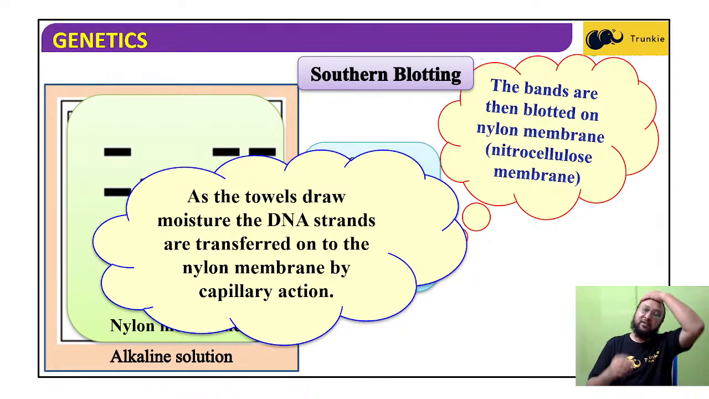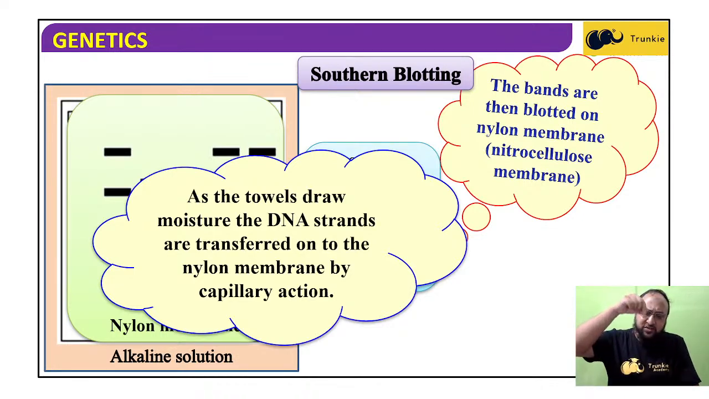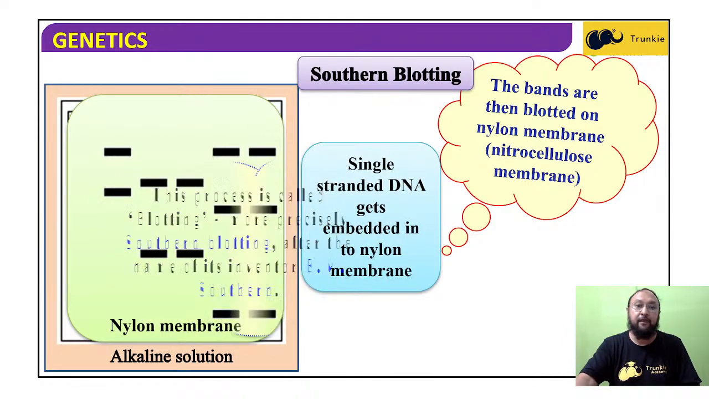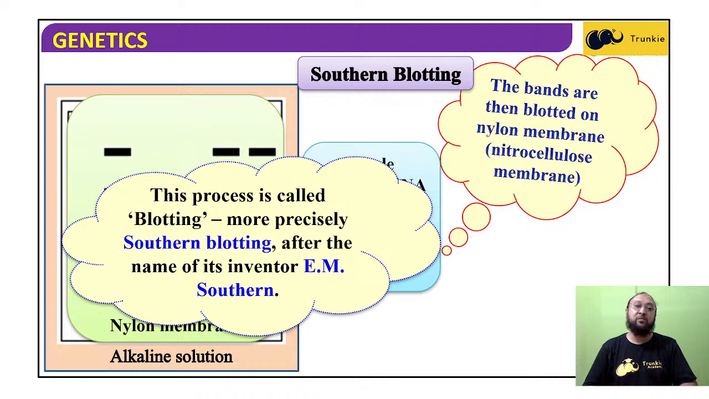You know capillary action: a very thin tubular structure draws in the water, the chemical, the liquid. Similarly, here a nitrocellulose membrane or nylon membrane acts by capillary action. The DNA strands are transferred to the nylon membrane. This process is called blotting, and more precisely, Southern blotting, after the name of the inventor E.M. Southern, the scientist who discovered this technique. Blotting means, like with the help of blotting paper,